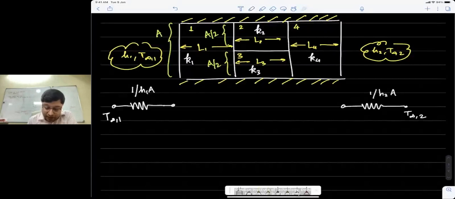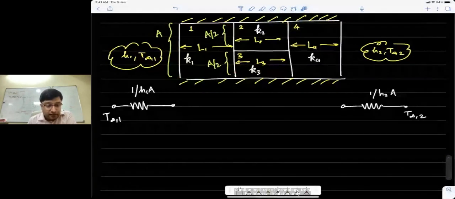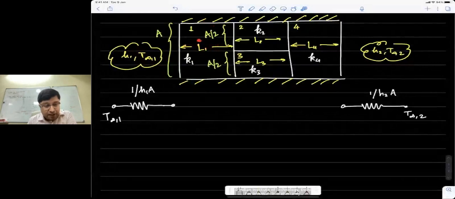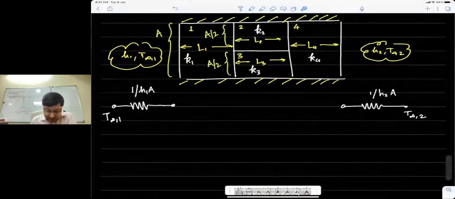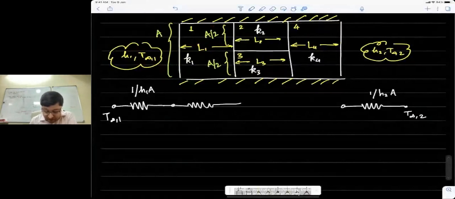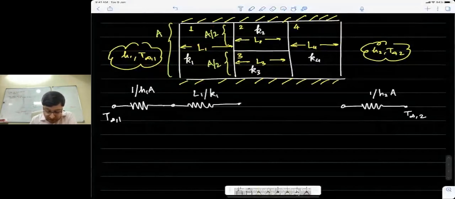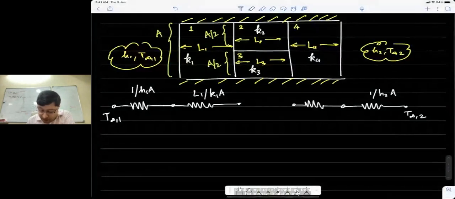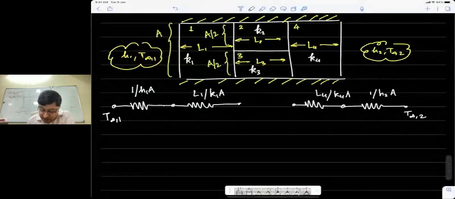Here is a thing that you need to understand. If you see this block, it's a homogeneous block, and so heat transfer, I can assume, would predominantly be one dimensional through this case, because these are adiabats. So I know that at steady state heat will be flowing only along the x direction, that I have not defined here, but let's say that is the x direction. So I can write that the resistance there would be L1 by K1A. And similarly on the other side, by the same logic, for block 4, the resistance will be L4 by K4A.